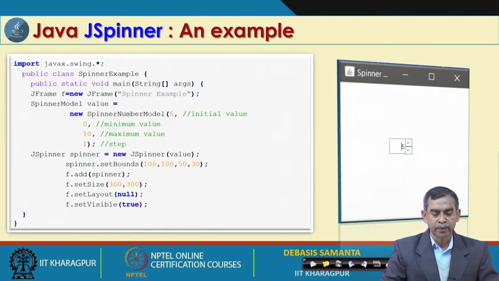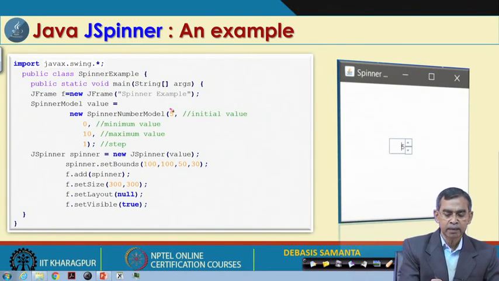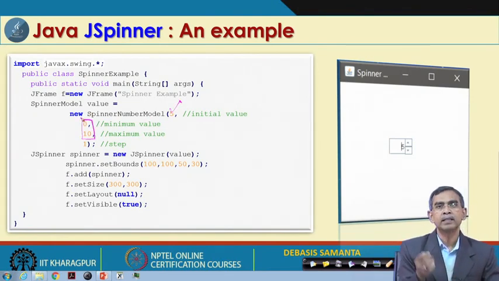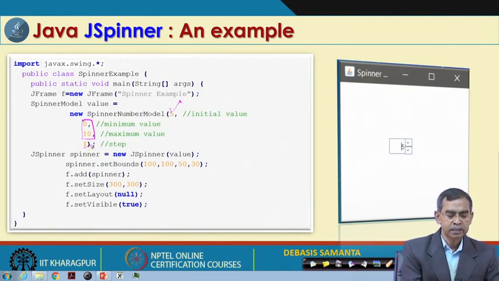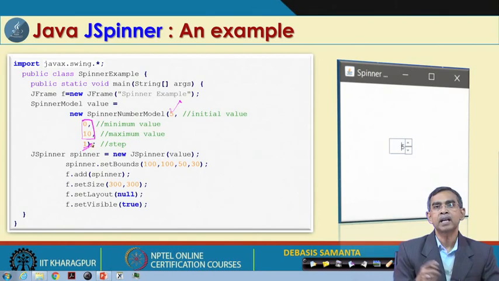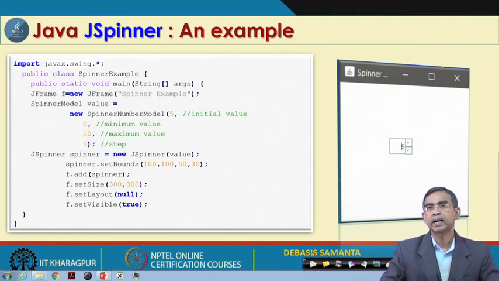Here we can see the JSpinner when it is displayed with initial value 5, and it has a range of 0 to 10. So, we can decide what the range is. For example, 0 to 100 also we can decide, and then this is the step, that means how much incrementation, 0, 1 like this one. If we say 0.5, that means the rate of increment can be specified here. So, this is a different way the JSpinner can be controlled.